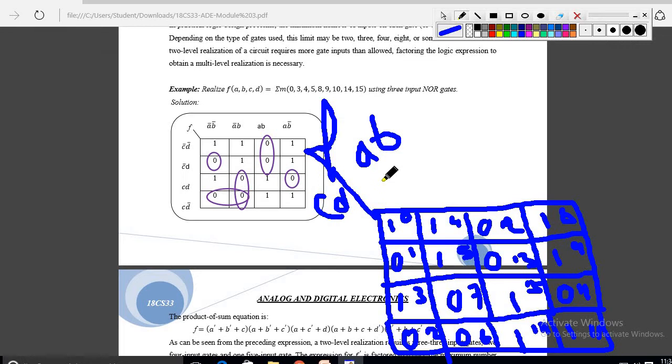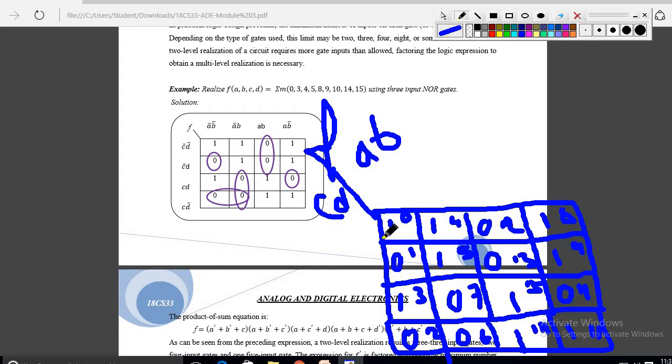First you have to make sure that you write the function AB in terms of those expressions. Here it is A dash B dash, right, because 0 0 is there. For that reason I have to write it as A dash B dash. So I will show it here directly instead of writing here. Just see in this diagram, A dash B dash for the first column. Okay, second column is A dash B, and the third column is AB, and the fourth column is A B dash, and like that the first row, second row, third row, fourth